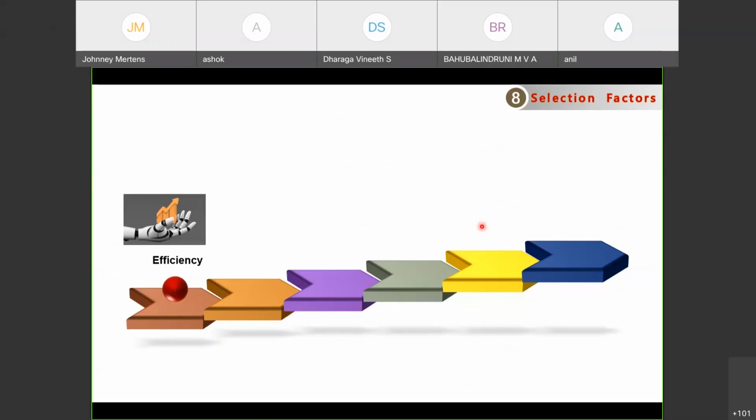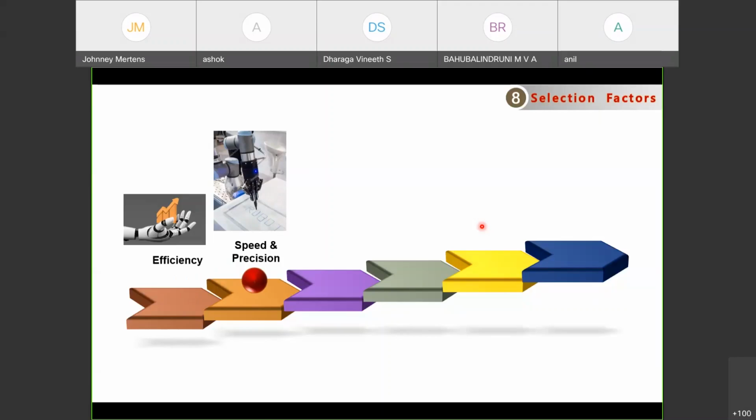Even though efficiency is something we are supposed to consider in any mechanical system, when compared to the others, for industrial robotics a little less weight is given to efficiency, but it contributes to reducing the overall operation cost. So the efficiency also has to be considered. Next one, speed and precision. As we know, in robotics the actuators as well as the other links have